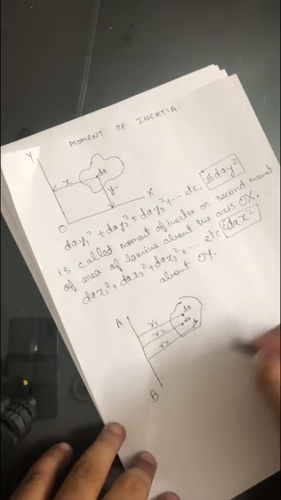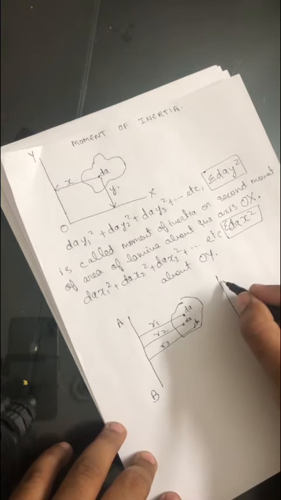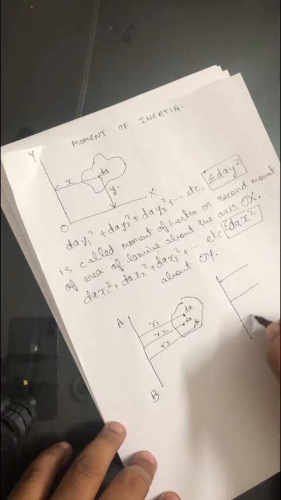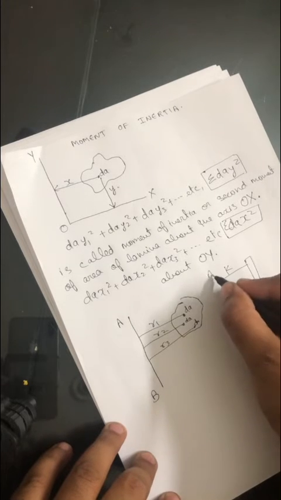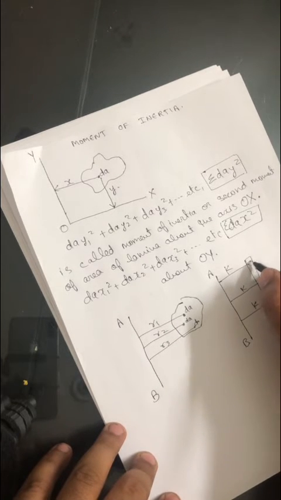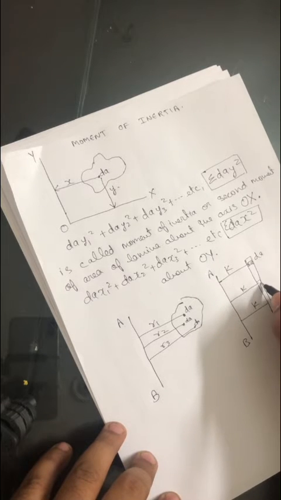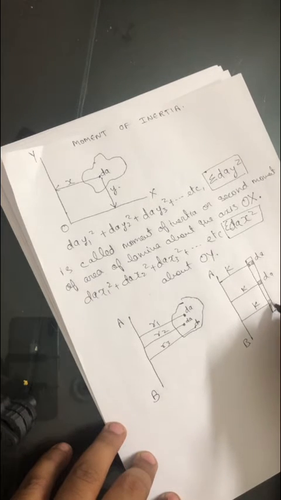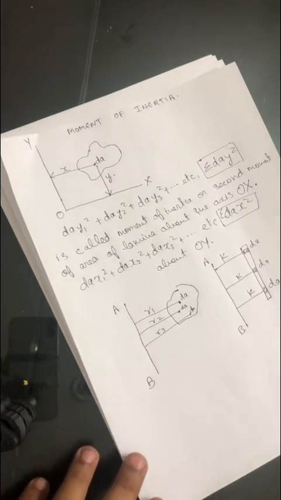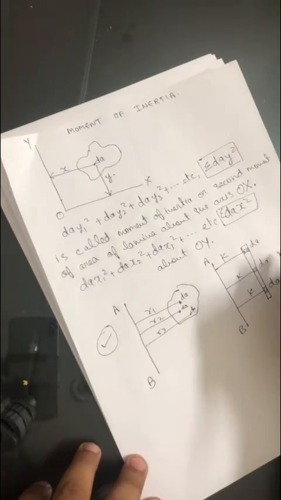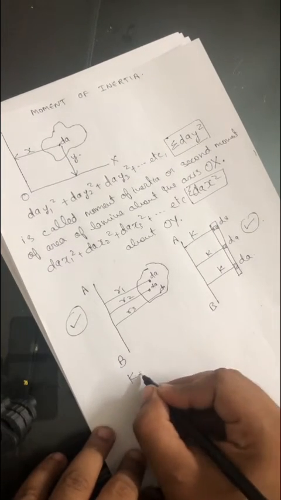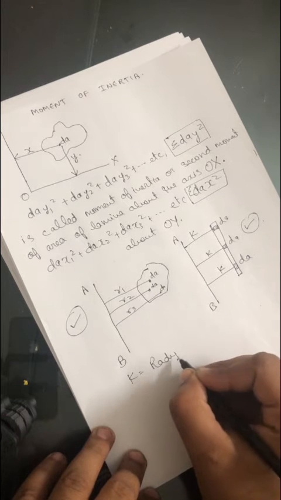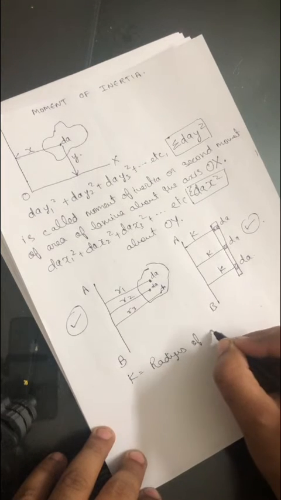If these R1, R2, R3 are so arranged that they are at equal distance, that is K, K and K, and if in both the cases moment of inertia is the same, then this quantity K is called the radius of gyration,